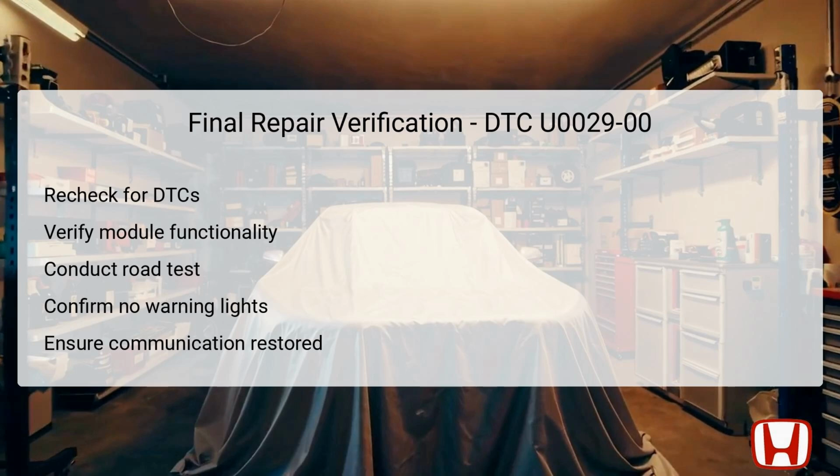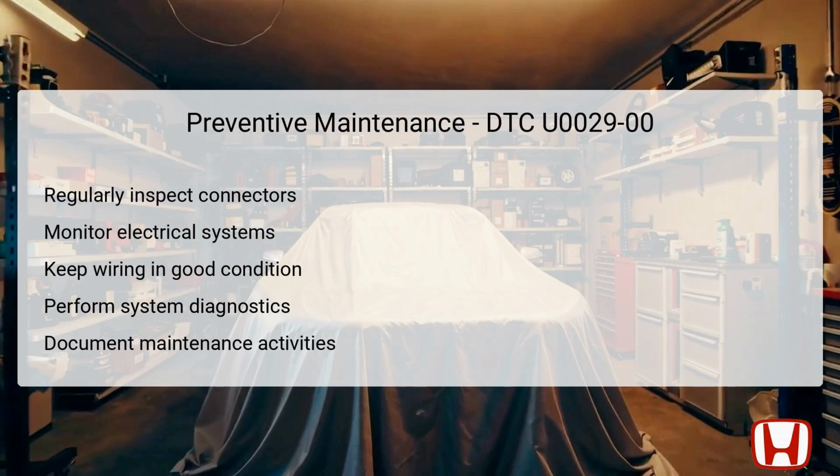A practical road test is an essential part of ensuring that everything operates smoothly under real conditions, allowing you to assess for performance improvements. During and after the test, watch for any warning lights on the dash, which may indicate residual issues. Ensuring that all communication between control modules is fully restored is the final tick mark needed to confirm the successful resolution of the issue. To prevent future occurrences of DTC